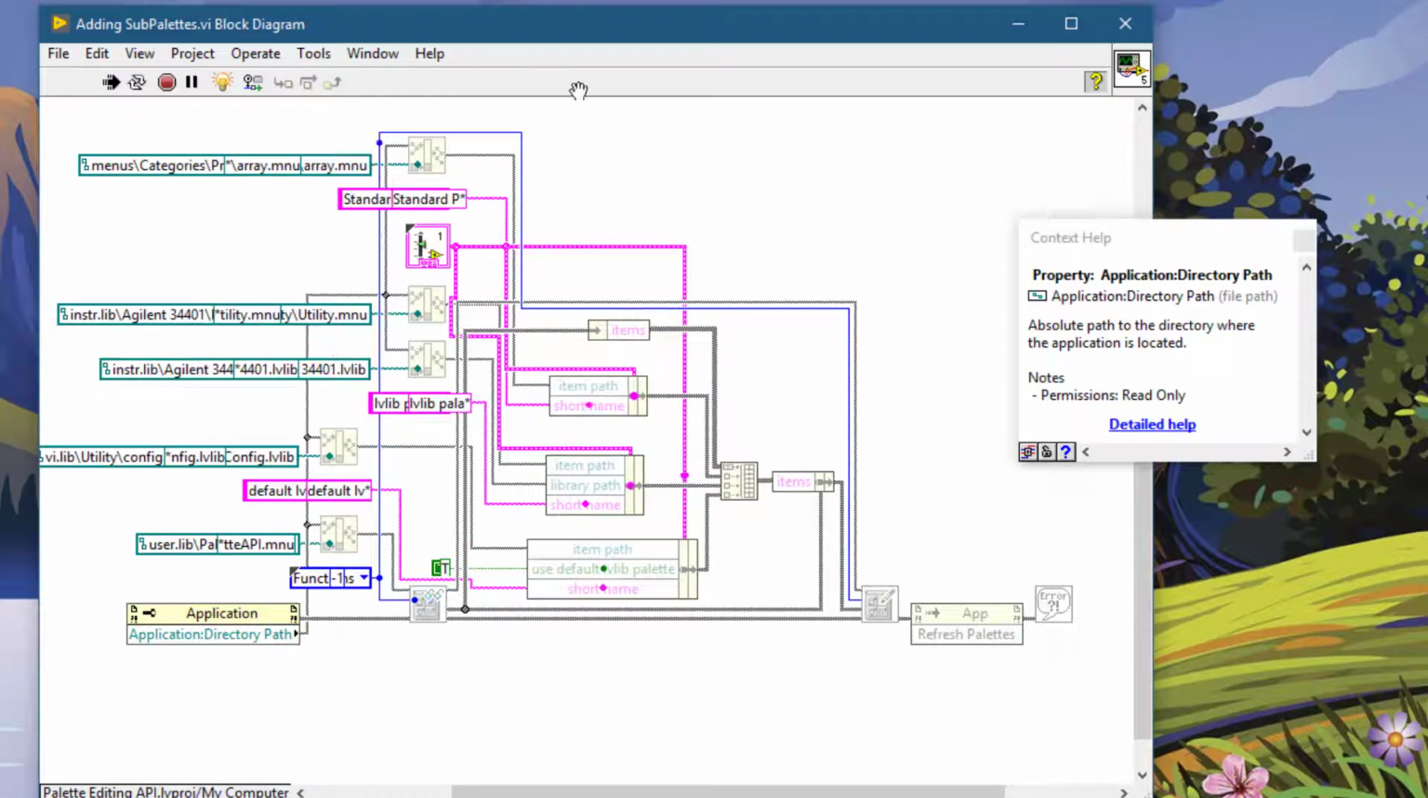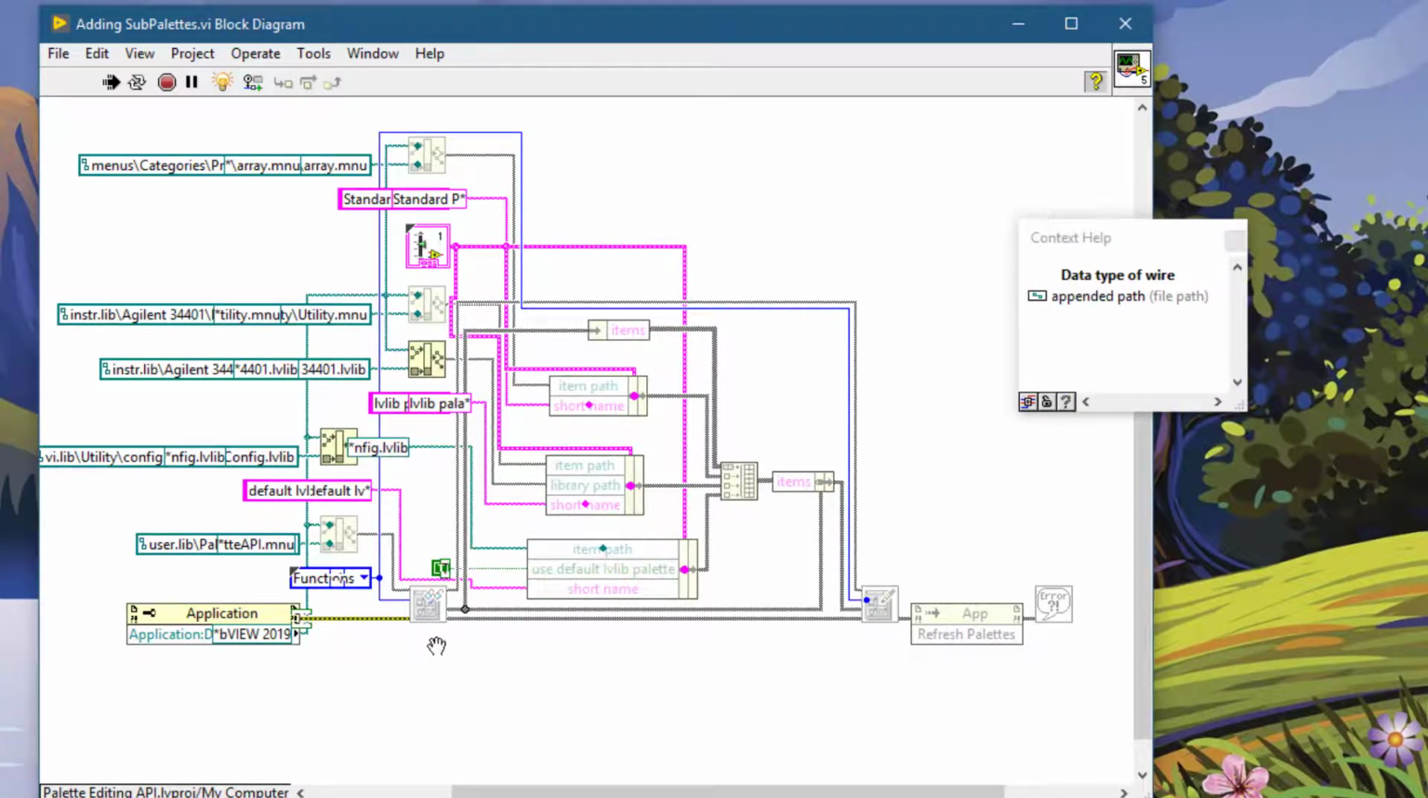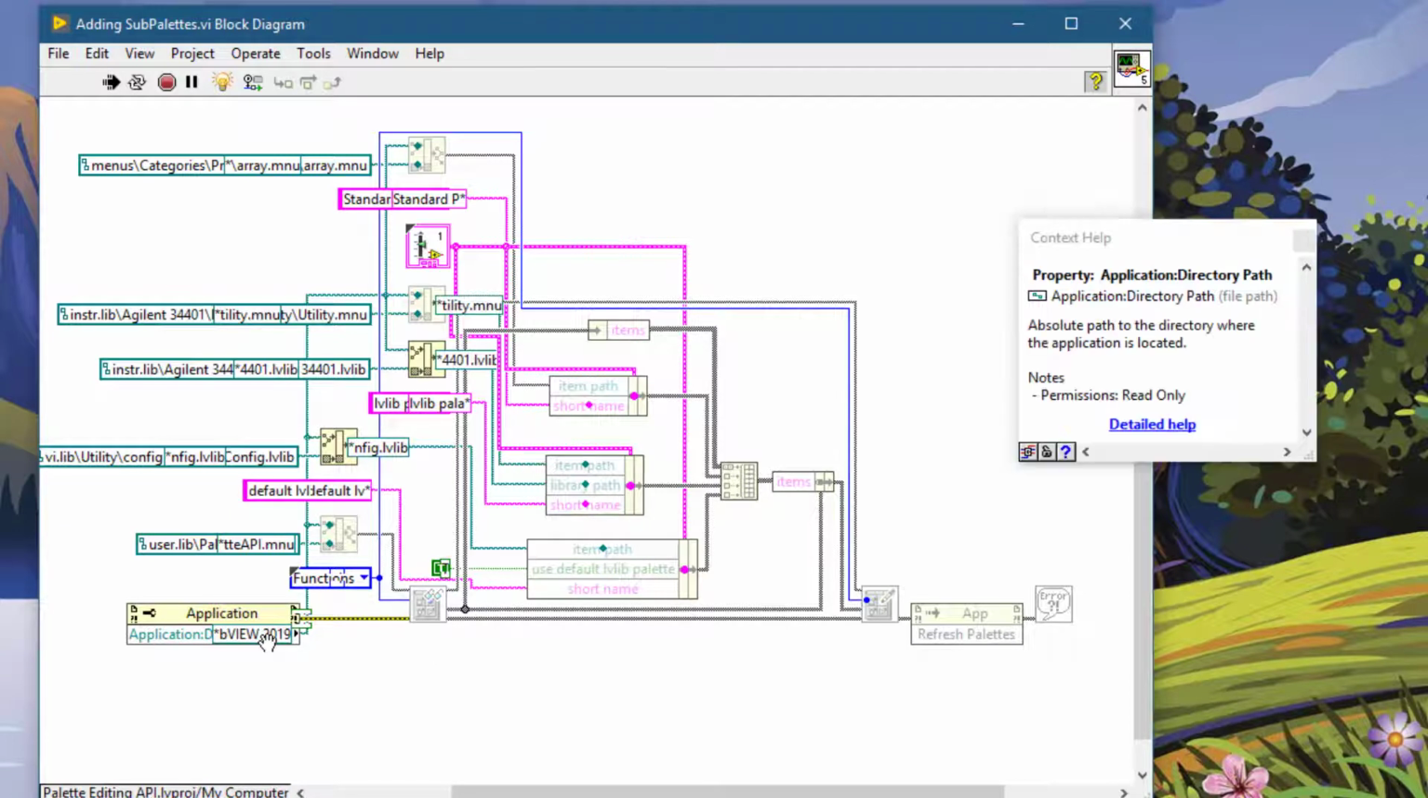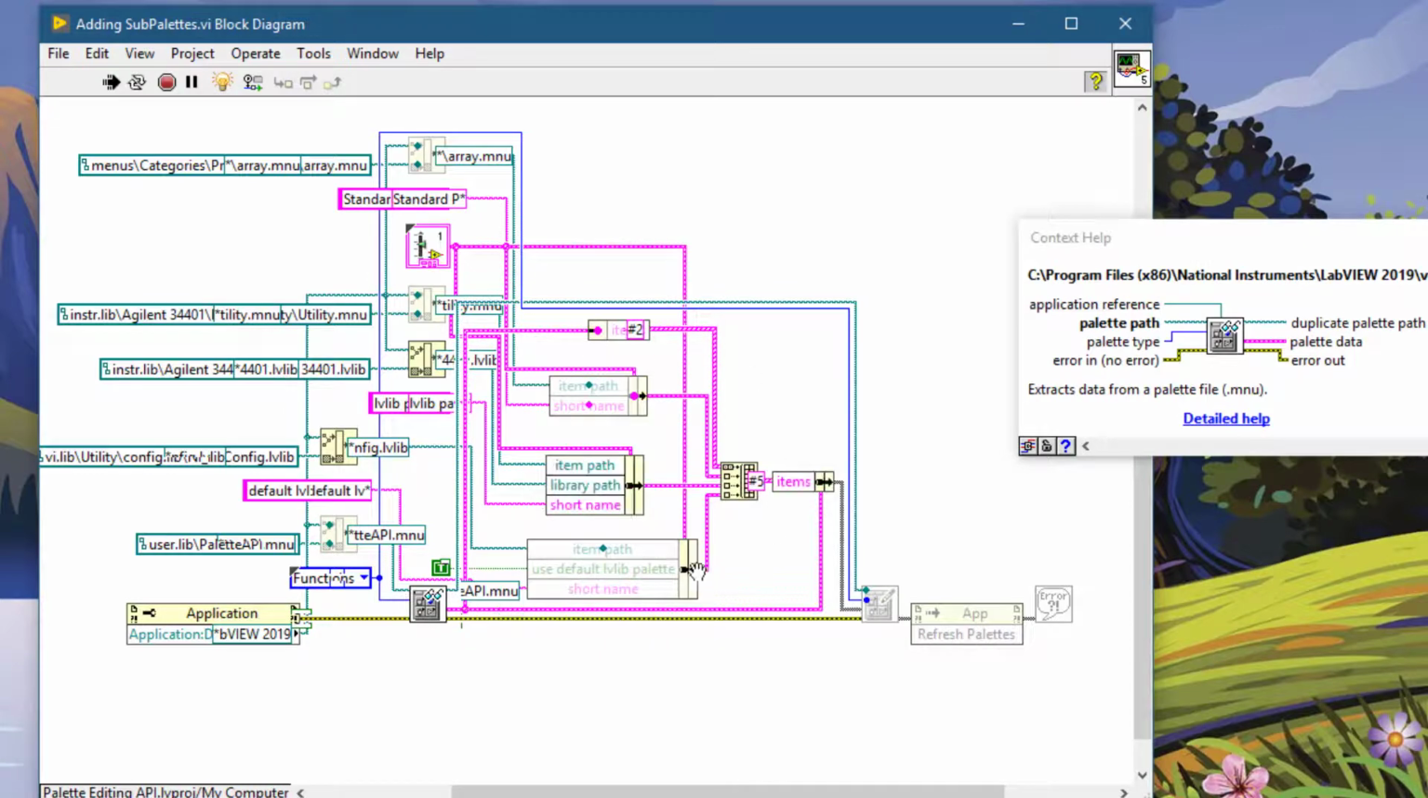So we are creating the paths to the menus. We have read the LabVIEW default path. We have read the menu we had created earlier. We are building the new menu items, and